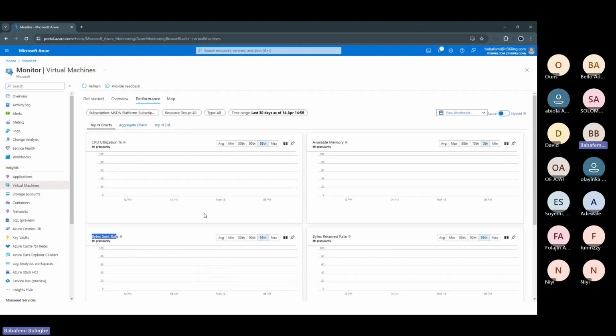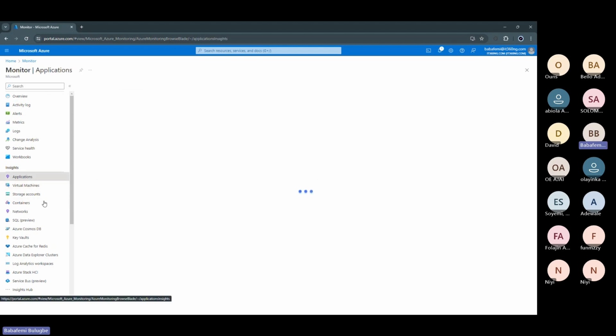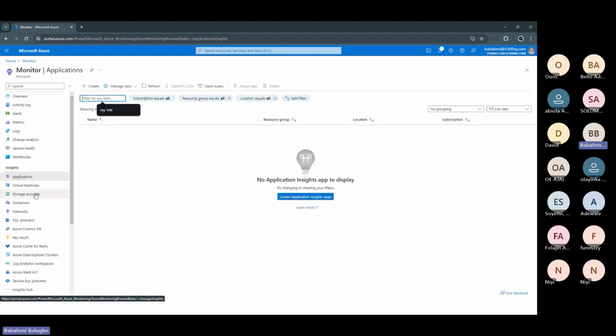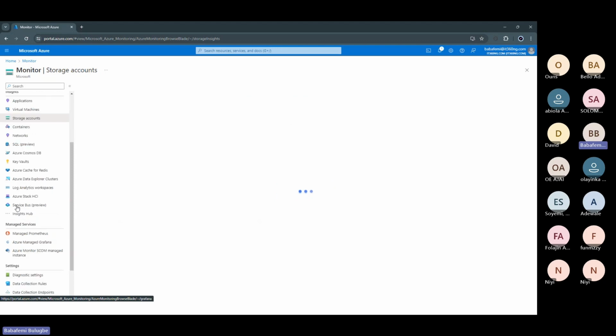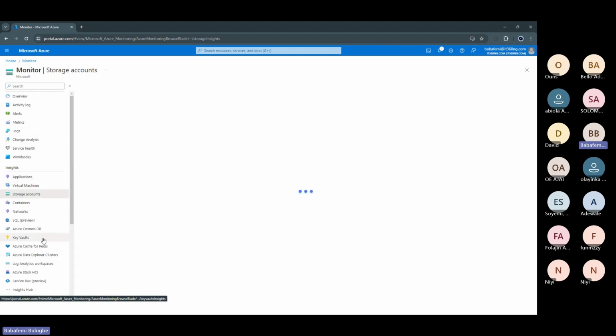You can have that. If you have any application running, if you have a storage account, whatever you want to monitor, you can get insight based on each of these resources running within your